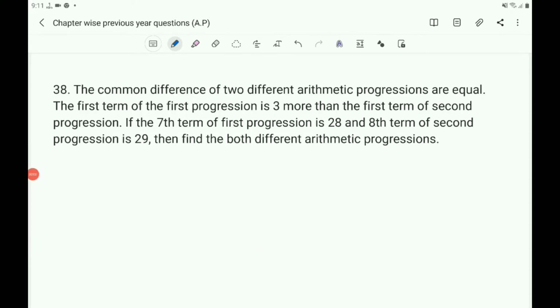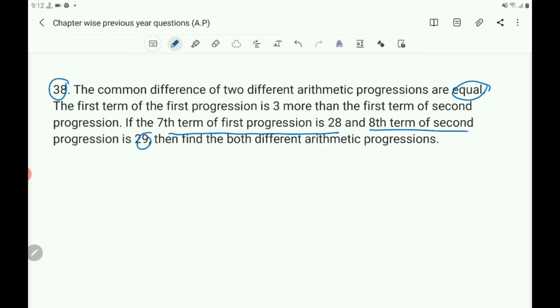Now question number 38 of the same question paper, September 2020. Read the question carefully. The common differences of two different arithmetic progressions are equal, meaning both arithmetic progressions have the same d. The first term of the first progression is 3 more than the first term of the second. If the seventh term of the first progression is 28 and the eighth term of the second progression is 29, then find the